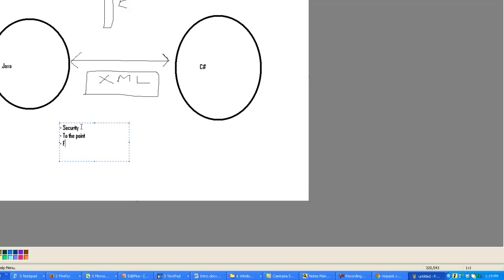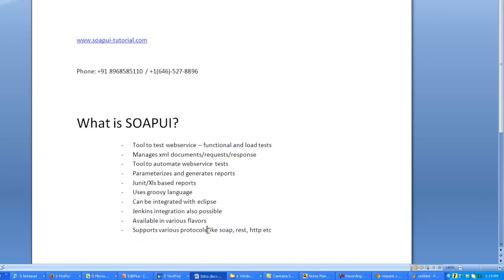And there has to be a specific format for the communication, right? So all these things are defined by various protocols available in the industry. So I'll be talking about those protocols now. Like there's a protocol called SOAP protocol, REST protocol, HTTP protocol. HTTP is a normal web protocol, but these are the two basic protocols, SOAP and REST protocol, which are famous these days for implementing web service.